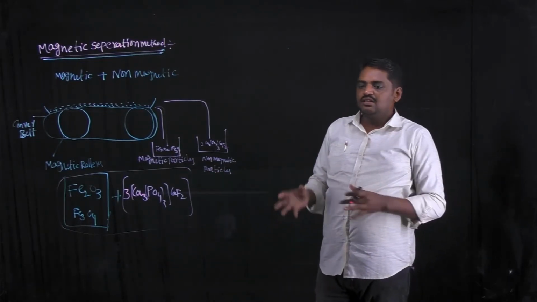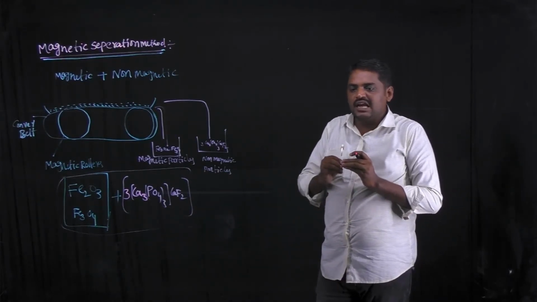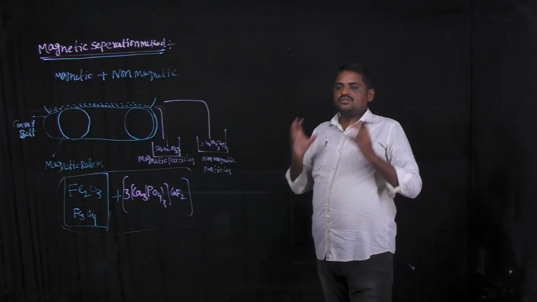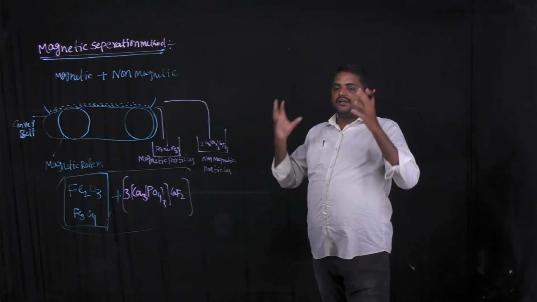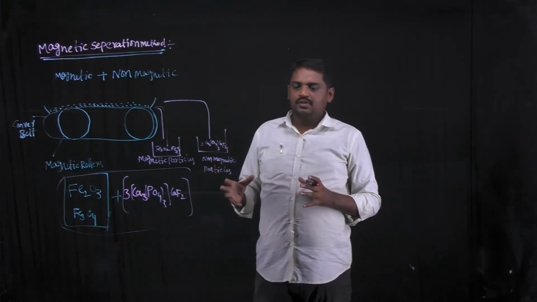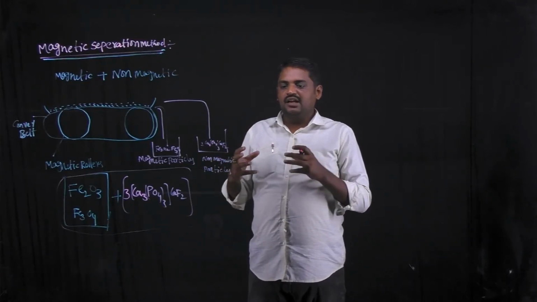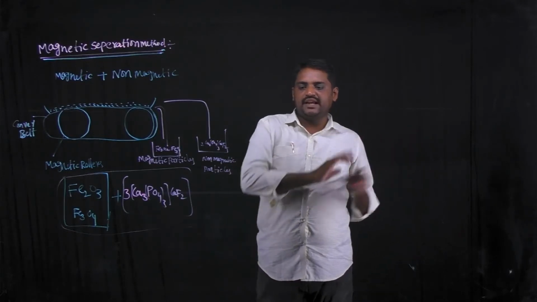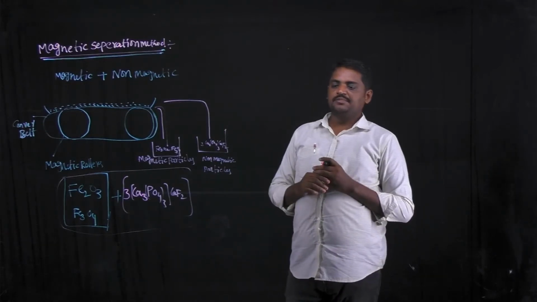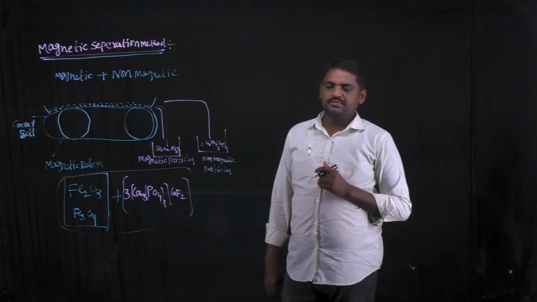Finally, the non-magnetic impurities are eliminated from the magnetic ore. So this is concentrated, or purified, only for magnetic ores. The magnetic ores are collected while the non-magnetic impurities are eliminated. That is the main principle and working process of the magnetic separation method. This is the explanation for the magnetic separation method.